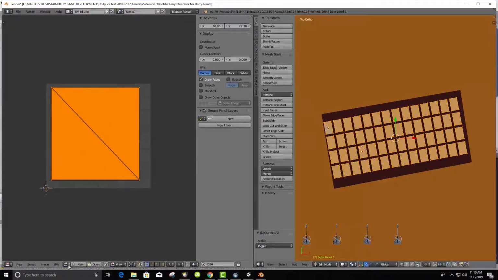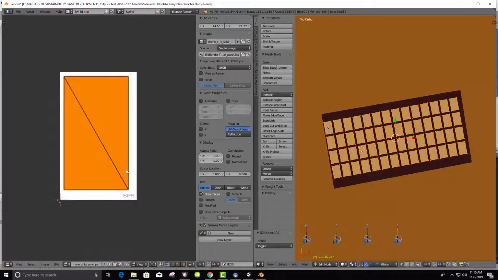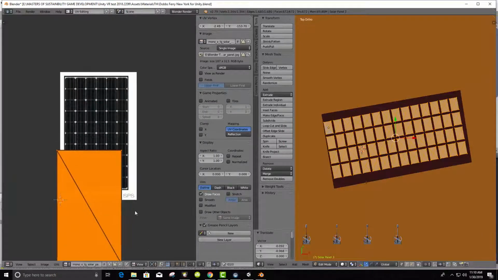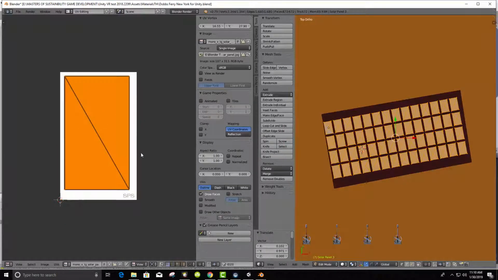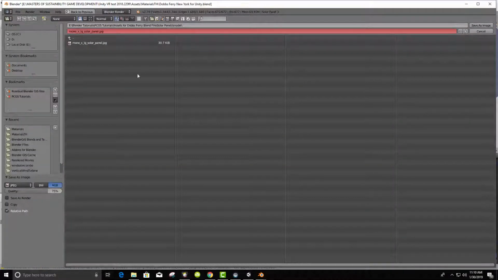And then what you have to do is assign it the image. So we have monocrystalline. We have a bunch of different images, but this one here, mono solar panel, is the one that's supposed to go behind that. Make sure that they match so that you have it placed properly. Then you go to Image and do Save as Image. I've already done it, so it's already in there. Oh, that's the Blender tutorials folder. So yeah, Save as Image, but now save it in your actual